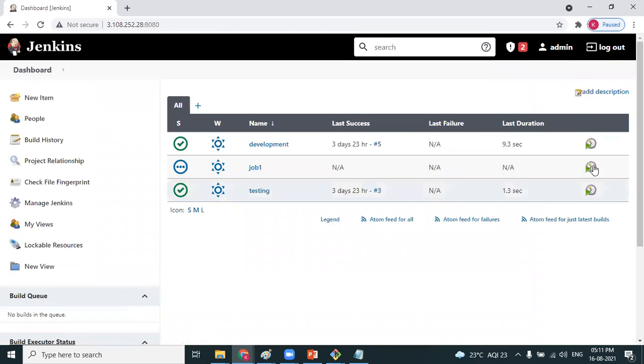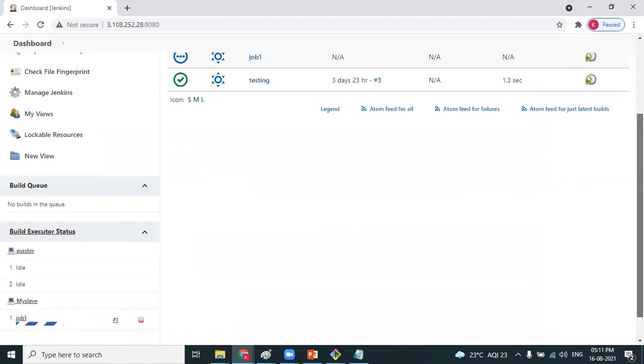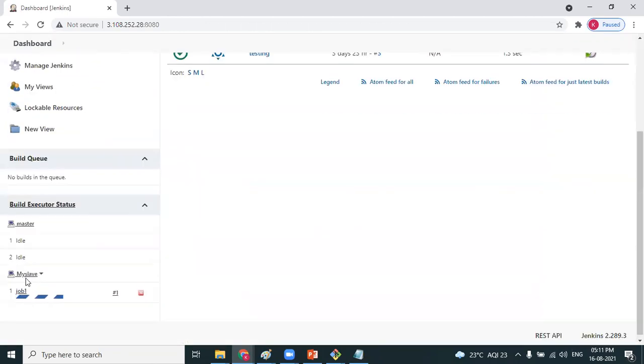And now I'm running the job. When you run the job, as you have clearly restricted that I want to run this particular job on a specific node, the node points to altogether completely new hardware. So when you're running the job, let's wait for the job to get executed. You can see it running on my slave.